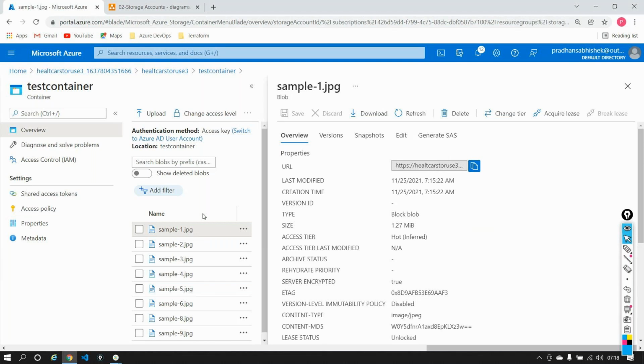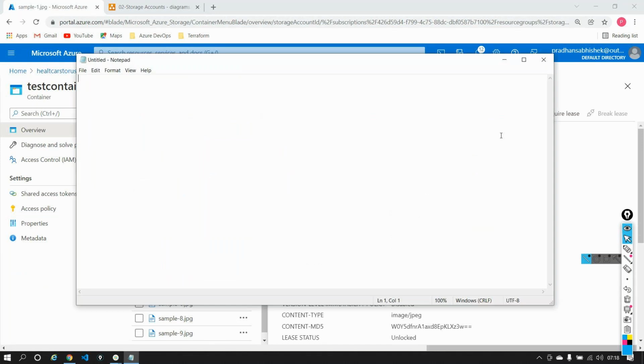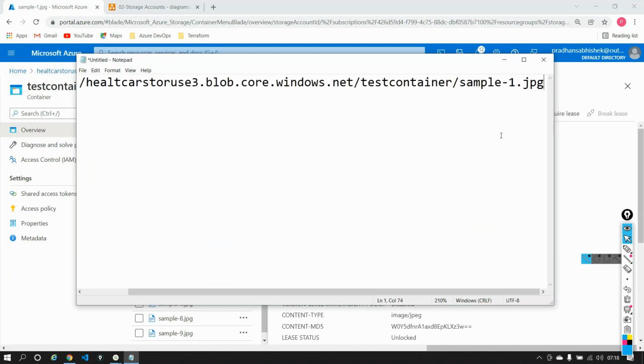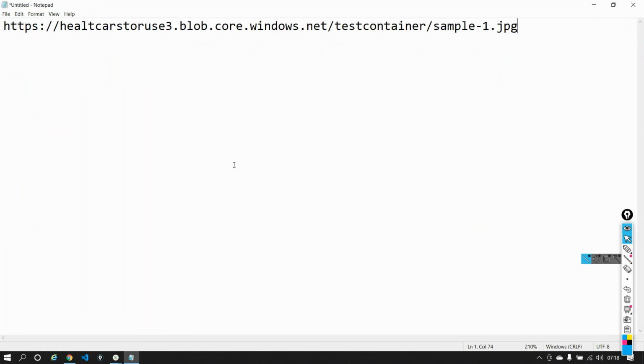So what this is doing is generating something known as a URL, a uniform resource locator, nothing but a link. Like you have google.com, we have a URL for the storage account also. I'll copy this and open my notepad first to understand how it looks. So this is how my URL looks now. Can anyone identify what this is?